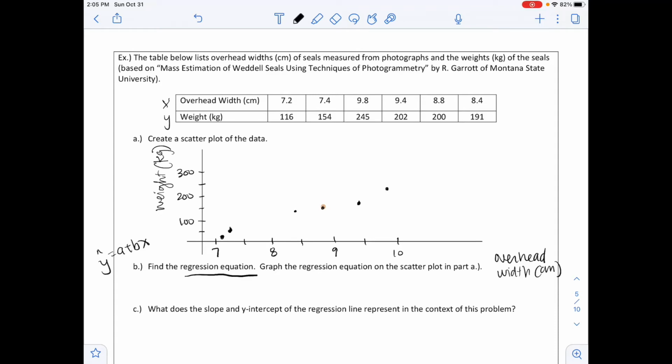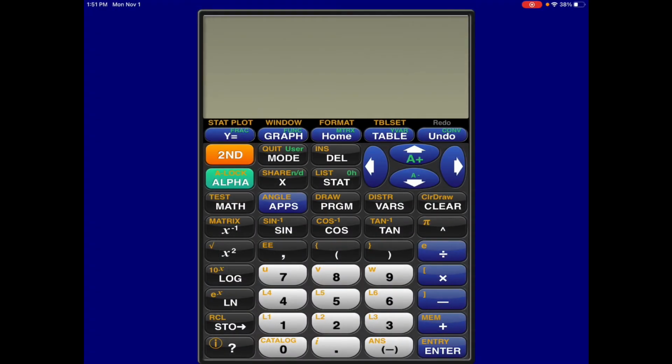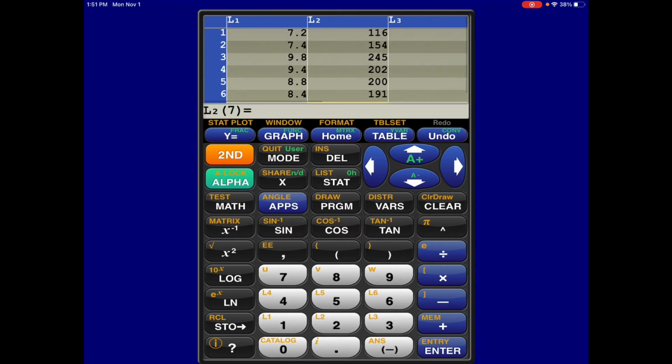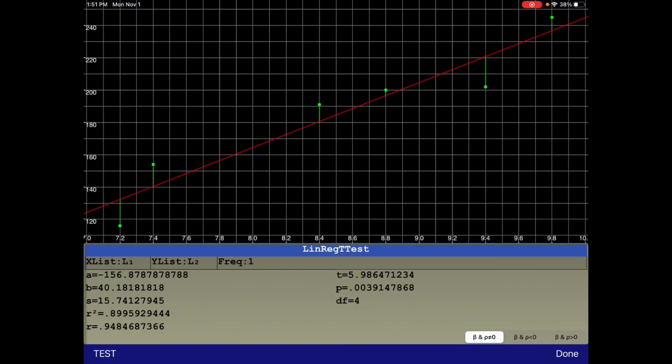So from the calculator, you need to put in your values of L1 and L2. On your graphing calculator, you're going to go to Stat to edit and enter in all of the overhead widths and weights of the seals that were given to us. The next, we're going to go to Stat, Test, down to F, which is Lin Reg T test. You need to make sure you have your X list at L1, Y list to L2, frequency to 1, and alternative hypothesis set to rho does not equal 0. And then